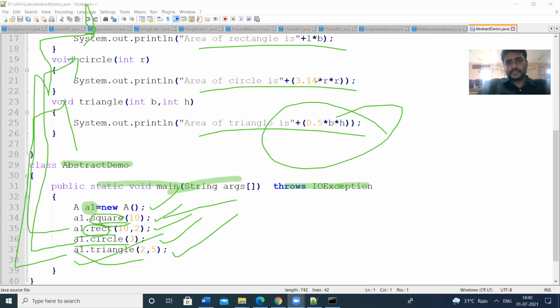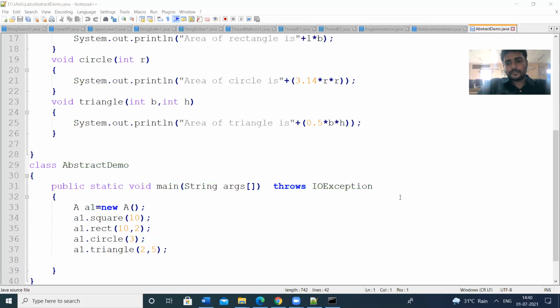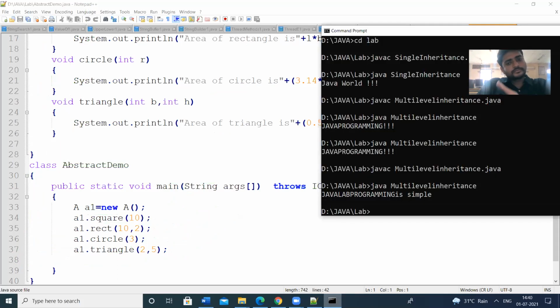So let us check the output here. Program name, javac AbstractDemo.java.